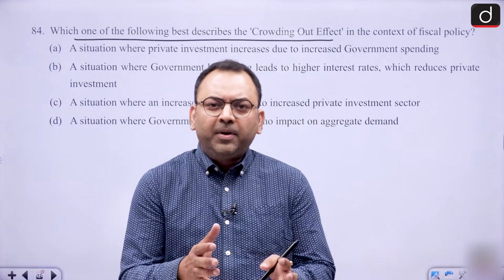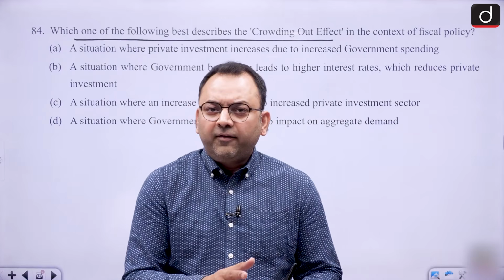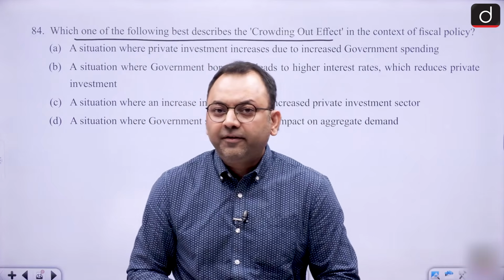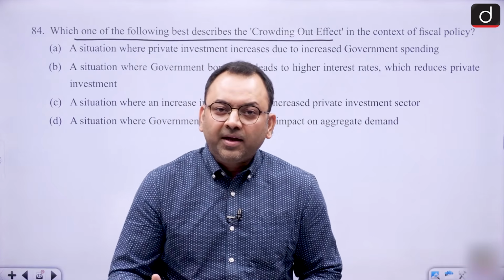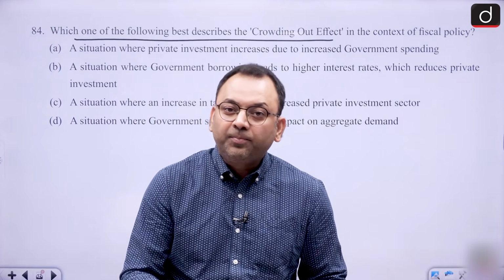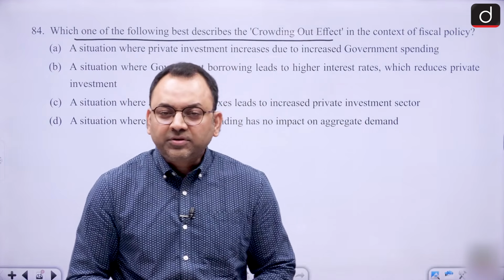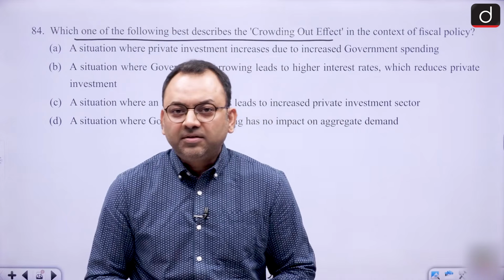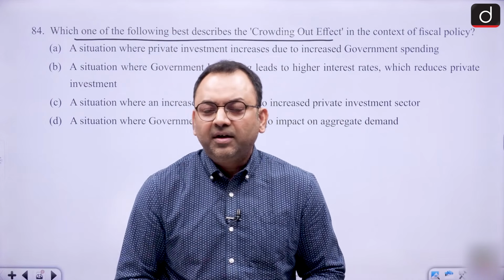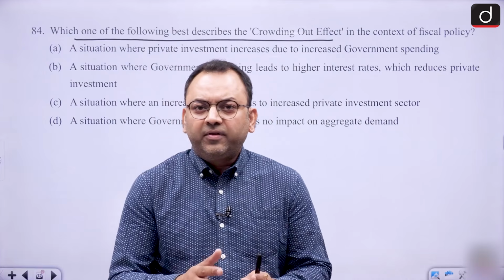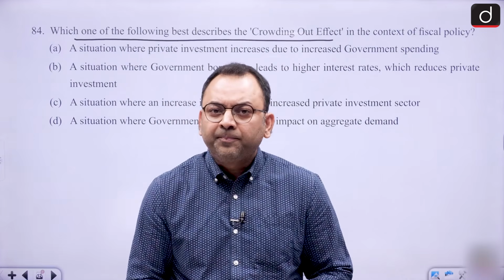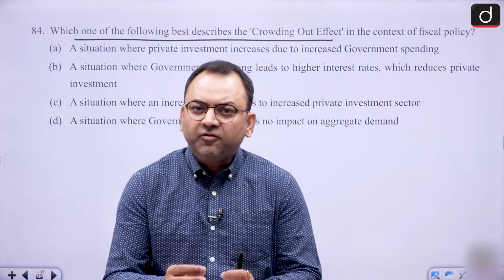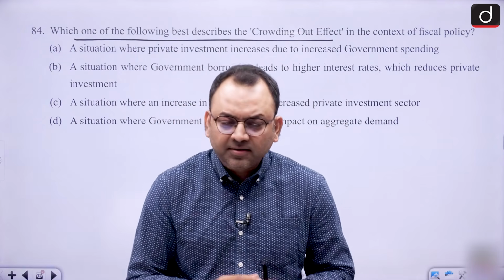Now if the banks have a limited amount of money, and they have given that money to the government as a loan to finance the fiscal deficit, the money supply in the economy from the banks for the private sector is reduced. As a result, when the money supply is reduced, interest rates increase, and the private sector is affected. They don't get enough credit for their own businesses. That's why, when too many people chase too little money, it is called crowding out. And in this case we see